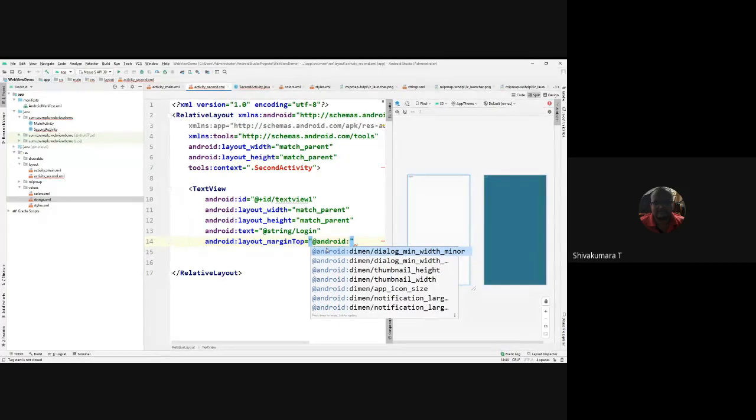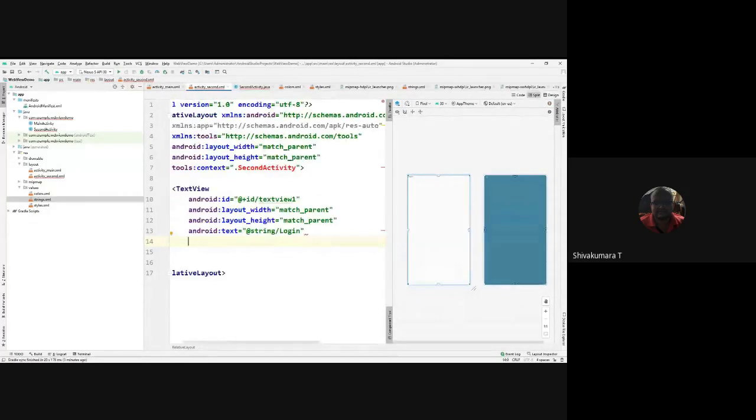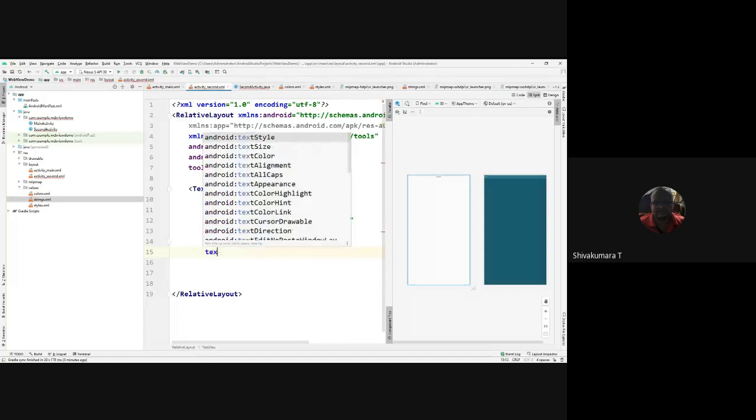Or you start with the text view. Here layout width is match parent, height is wrap content. Now you can set the gravity equal to center. See, observe where it is visible now, center at the top.